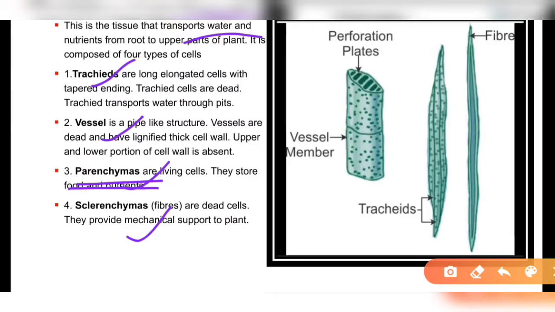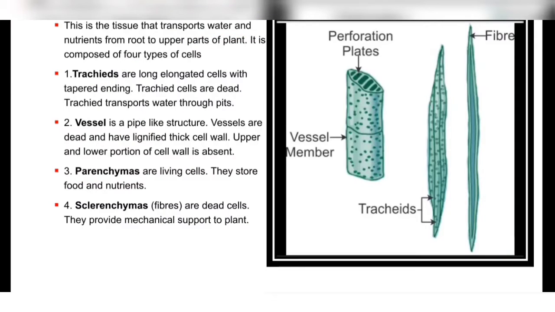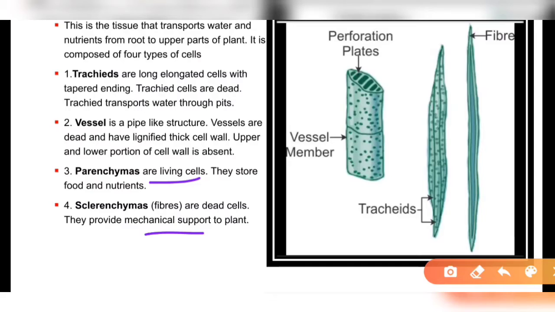Sclerenchyma tissue and the vessels are dead cells, as we have already learned, and these cells are responsible for providing mechanical support to the plant. So it provides mechanical strength. It is also associated with the xylem cells, and they are abundant in woody plants, where they provide the wood with mechanical strength to the xylem of a plant as a whole.